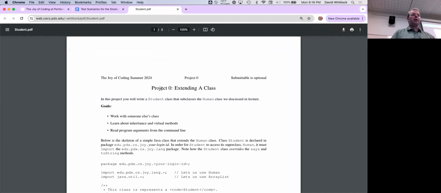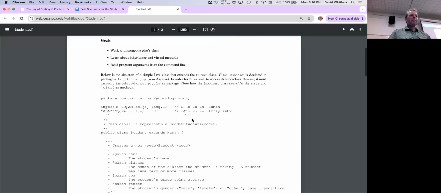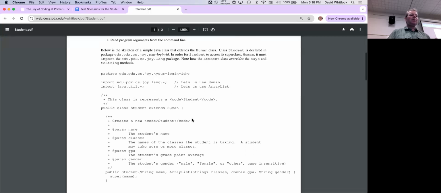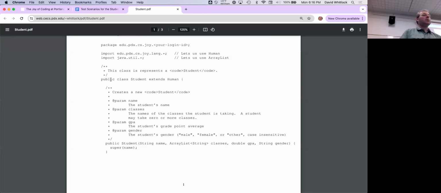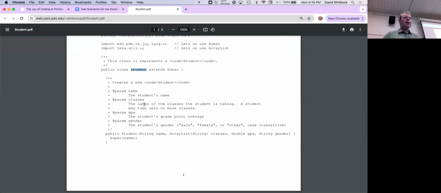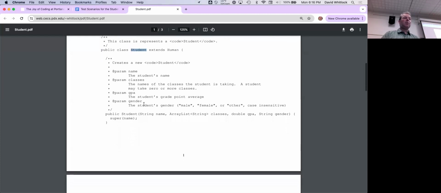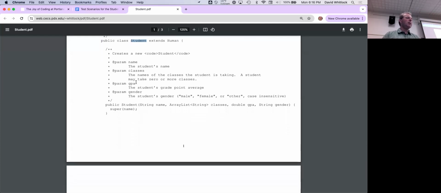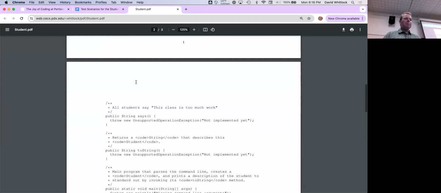This originally was the first project that I gave in the class many, many years ago. We had them do this, and I realized that project one has so many similarities that it didn't make sense to have a separate project. The whole idea is that out of the box, you get this Student class. It's a class in Java, and it extends Human, which is one of my classes that I wrote. You'll have your own Student class. What I'd like you to do is spend a few minutes reading over this assignment to get an idea of what the Student class is all about. And in particular,